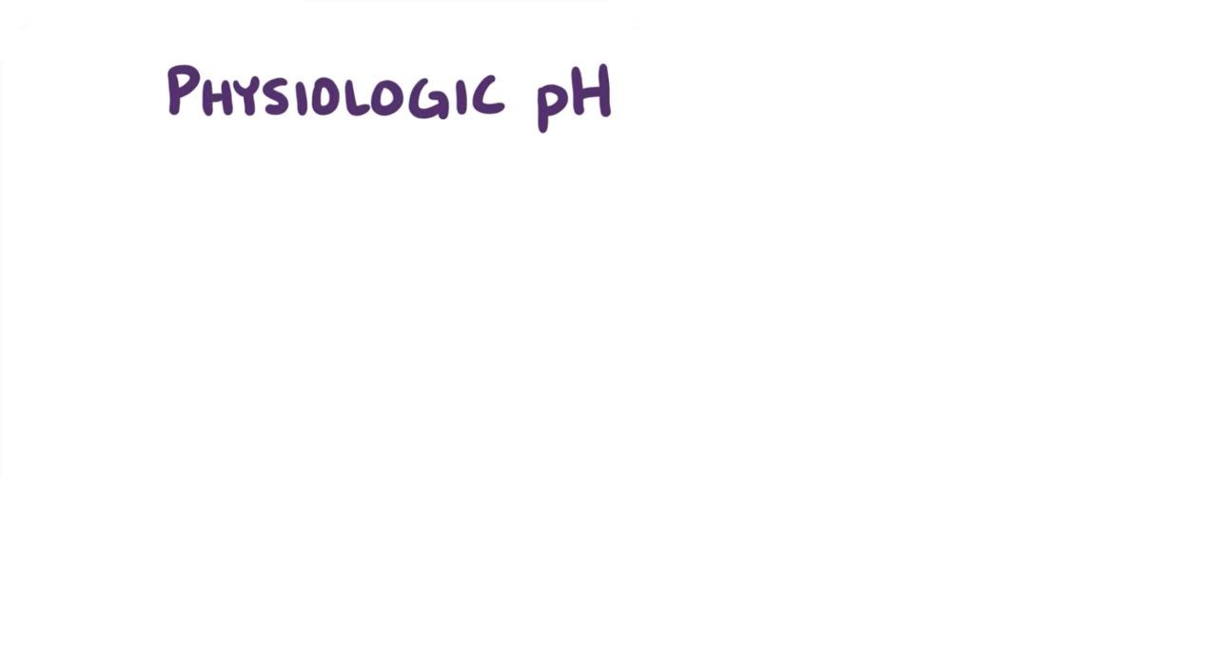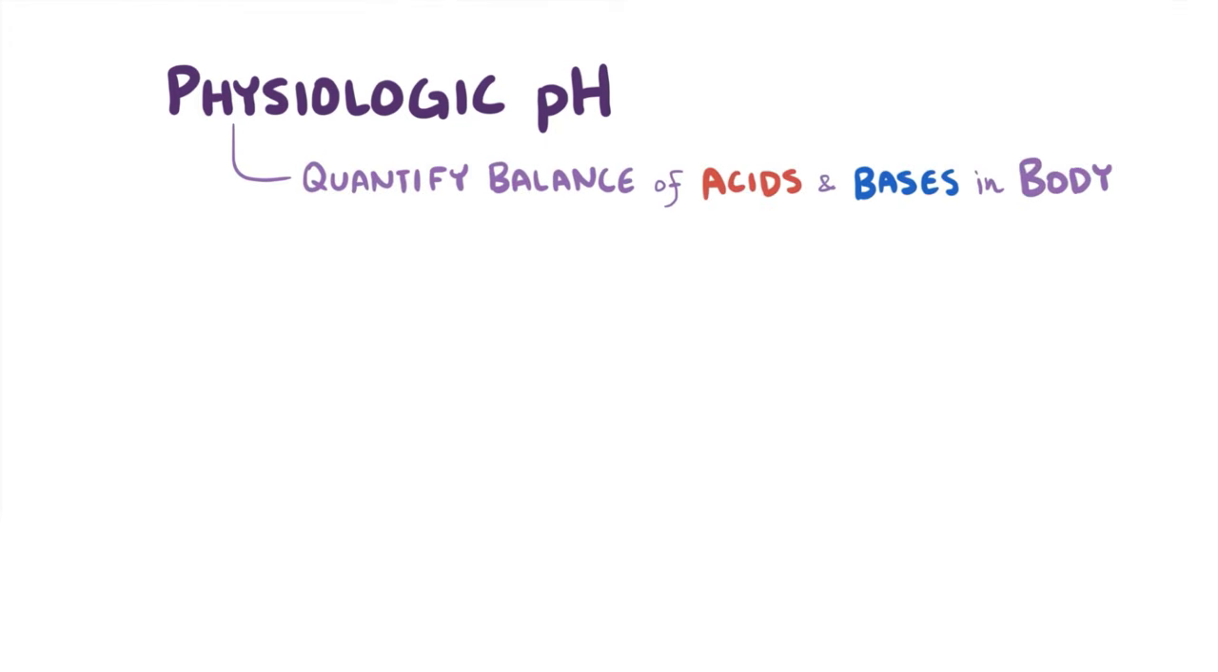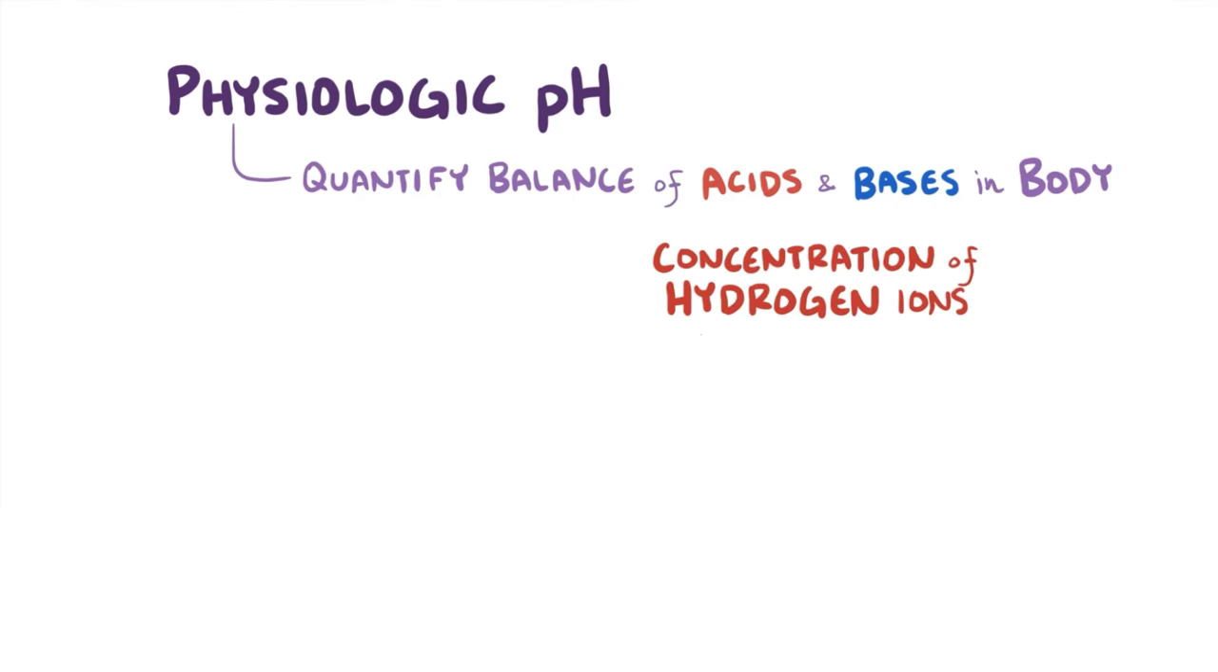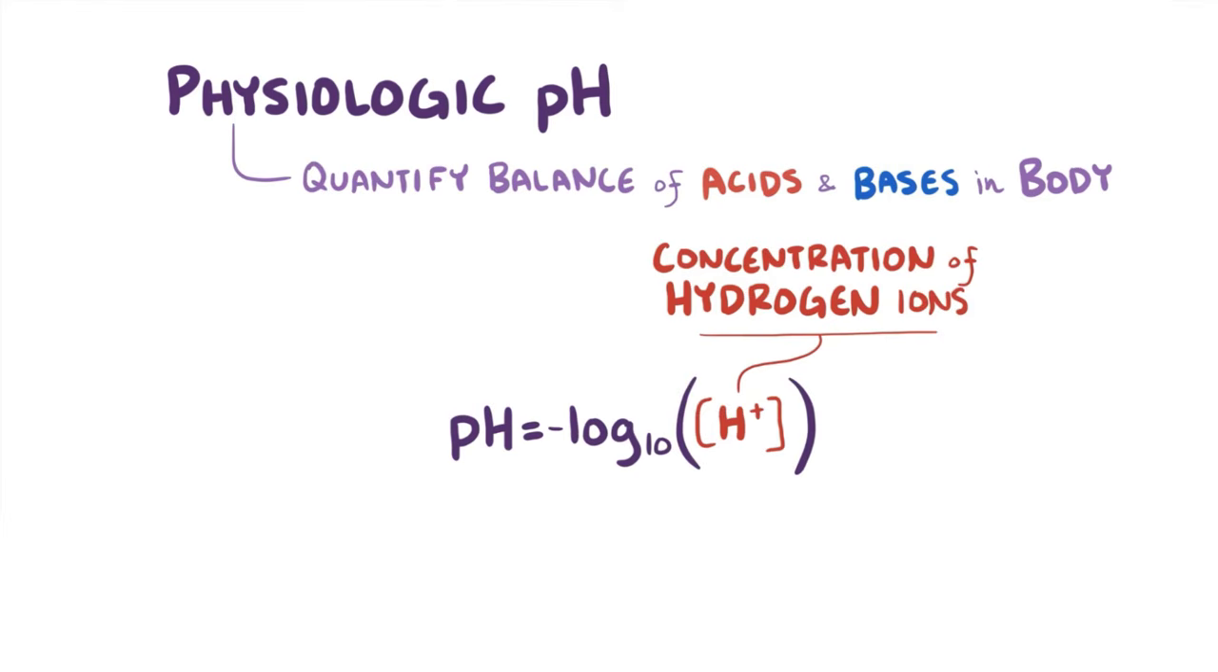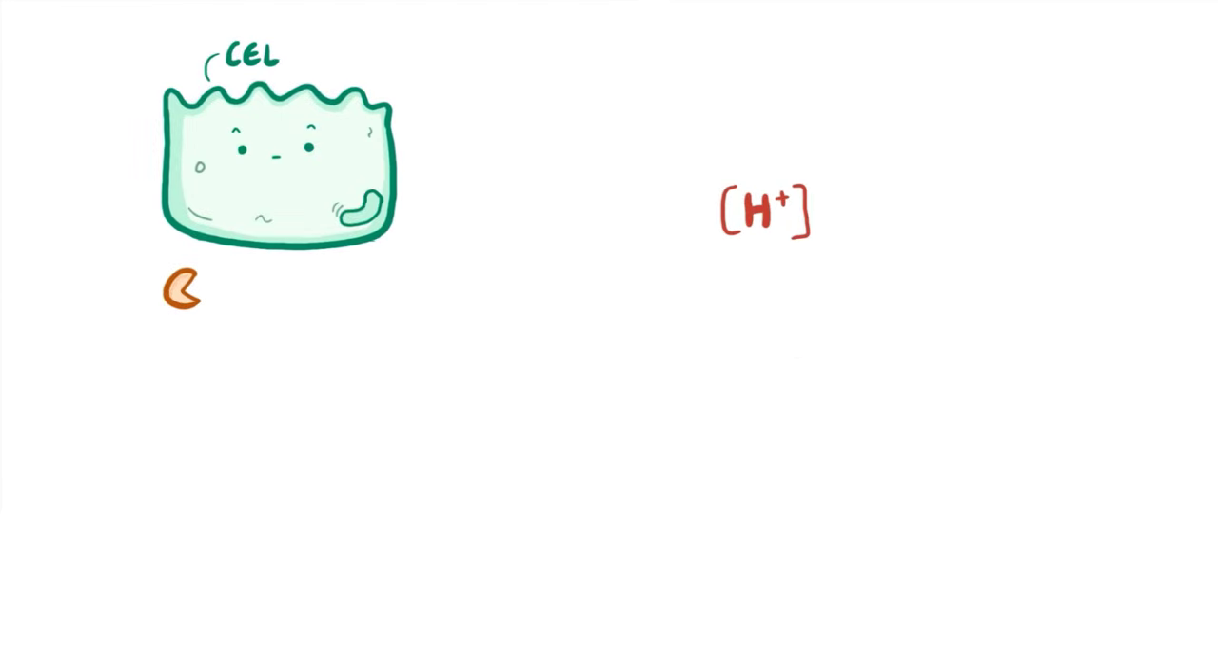Physiologic pH is a way of quantifying the balance between acids and bases in the body. In fact, the pH depends on the concentration of hydrogen ions, and can be described with this equation. pH equals negative log base 10 of the hydrogen ion concentration. Now, the cells and enzymes in our tissues and organs work best when the concentration of hydrogen ions is 40